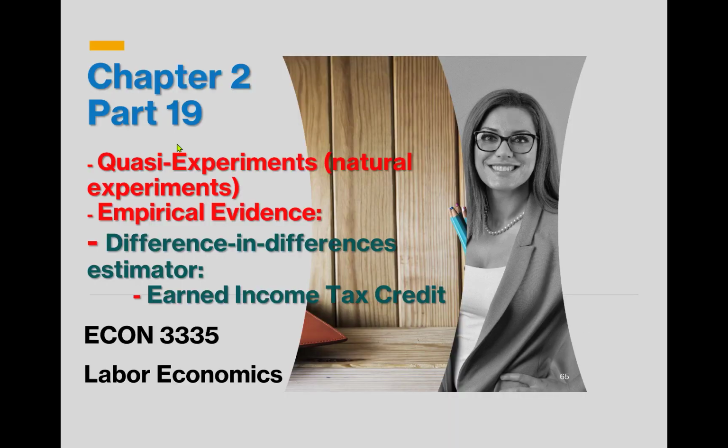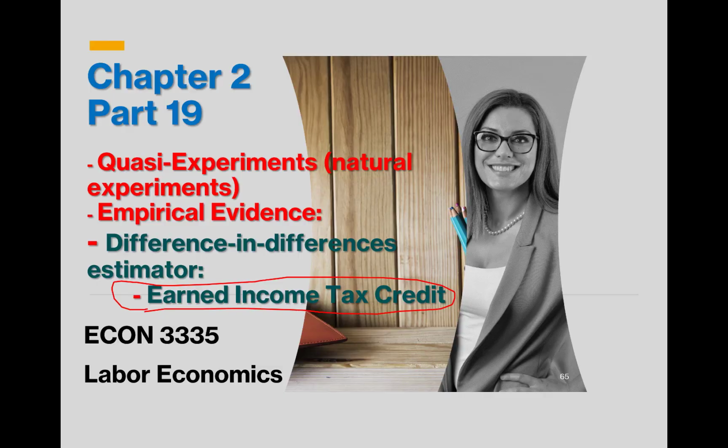Hello everyone, this is chapter 2, part 19, labor economics. In this part, we will learn about quasi-experiments or natural experiments, and we will learn about the difference-in-differences estimator. We're going to learn this in the context of the impact of the earned income tax credit and mother's labor force